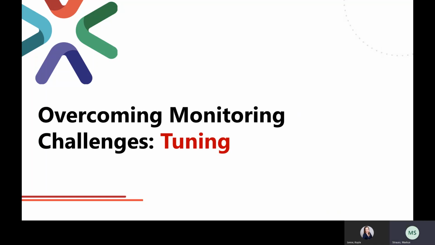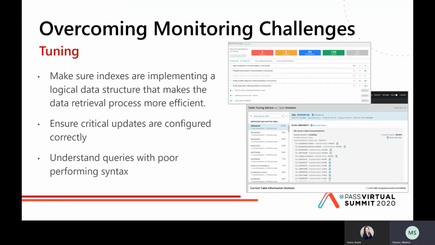traditional on-prem type setups than it is in the database as a service world, because again, we don't really have the same level of access to the infrastructure, right? But that doesn't mean tuning stops, right? Tuning still exists, and we still need to make sure that anything and everything that gets put into the environment, anything and everything that we essentially push out, whether that is